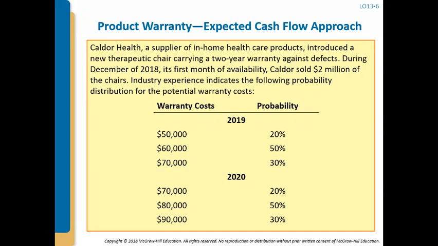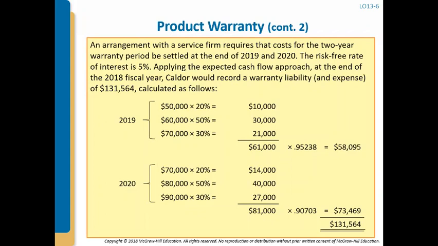And you add those up, and you do the same for 2020, and then you take and figure out the present value of each year based upon those sums. And so here's an example of that. So like 2019, you see the sum of the probabilities times the amounts is $61,000, and you take